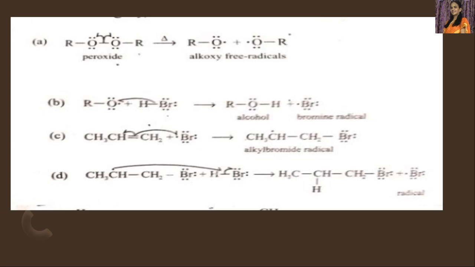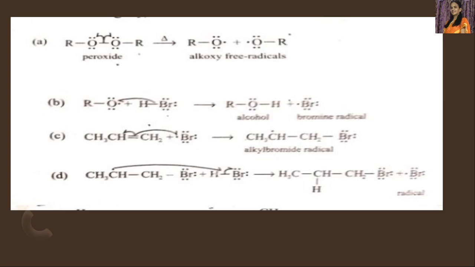This alkoxy free radical abstracts a proton from HBr to form ROH and Br dot, that is a bromine free radical. This bromine free radical goes and attacks the carbon atom of the double bond of propene. Then we get an alkyl bromide radical. This alkyl bromide radical abstracts a proton from HBr to form the final product as